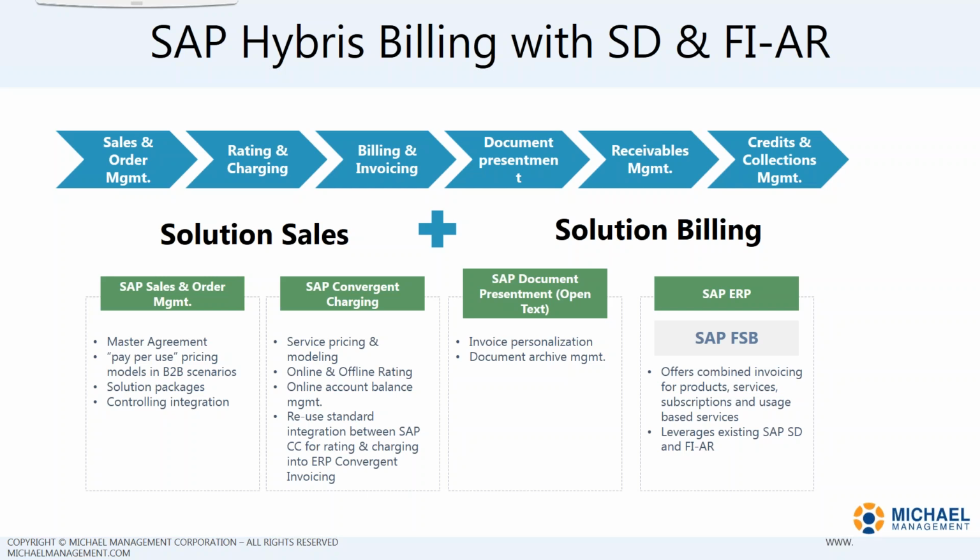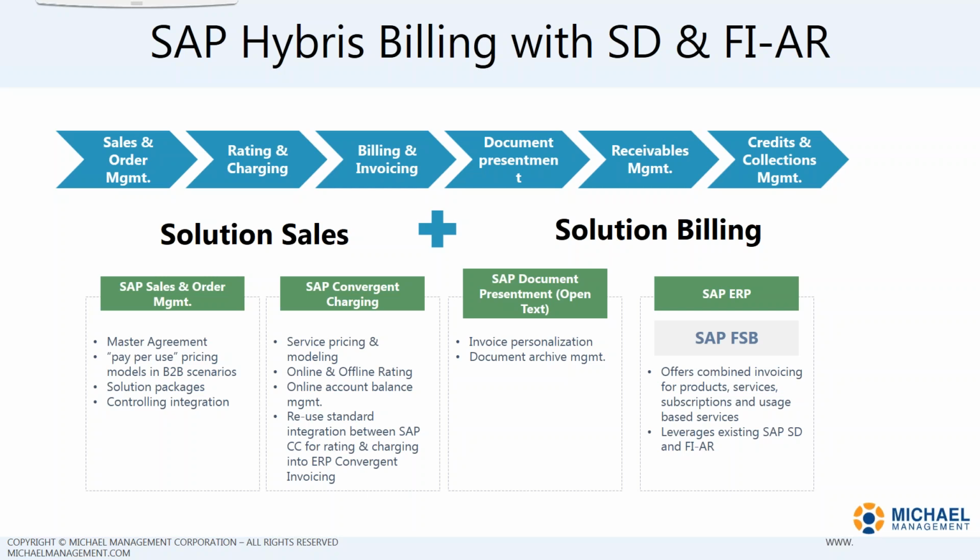And then the credits and collections, all of that are a standard part of SAP that many of you would be familiar with. But the core thing over here is using SAP. This model leverages your existing investments, and especially if you're not looking at hundreds and hundreds of millions of transactions to start off with, then FI-AR might be the right solution for you because it leverages your existing investments. And if you use third-party billing tools as well, right, for some of your business units, you could consolidate using FSB, the Flex Solution Billing, could consolidate everything into